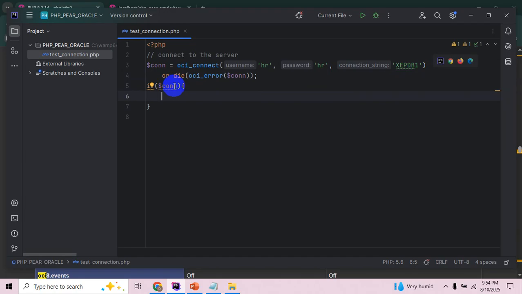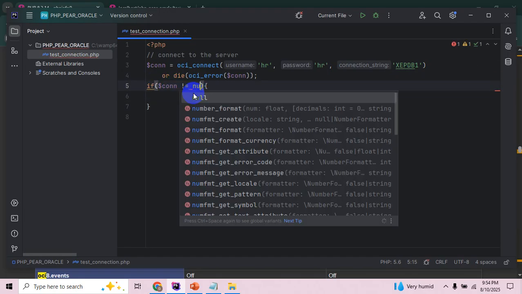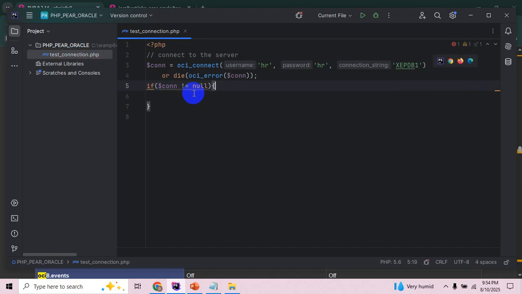You could check for not, or you could simply say if not dollar connection, but I would say if this is all good,